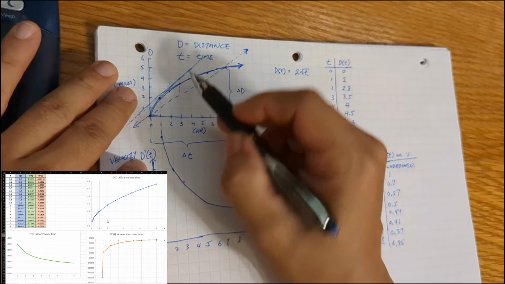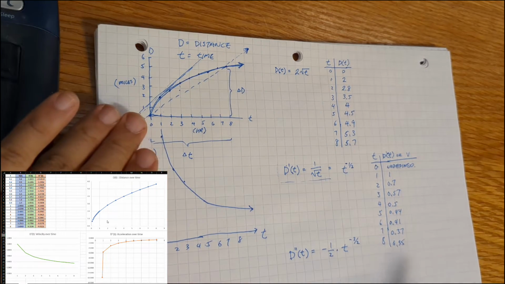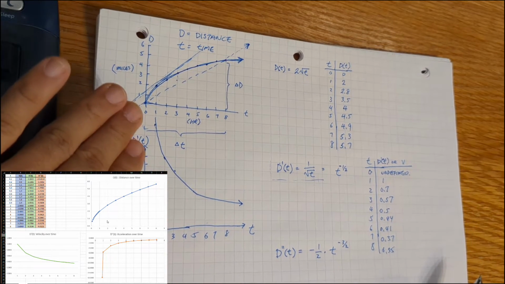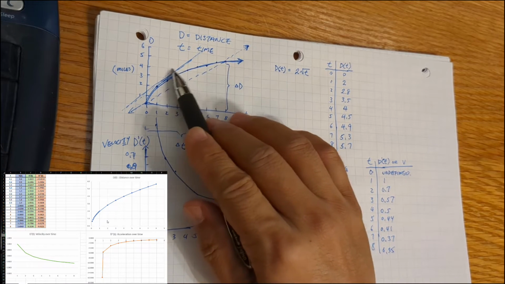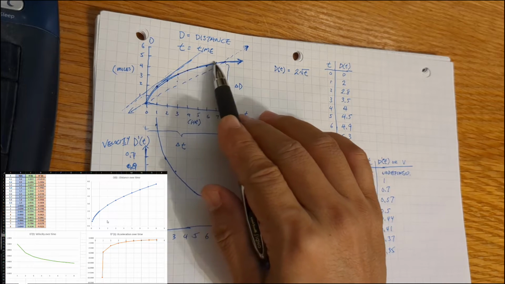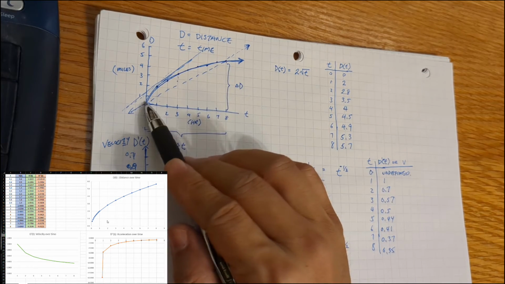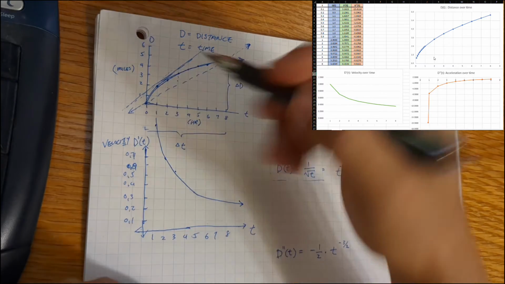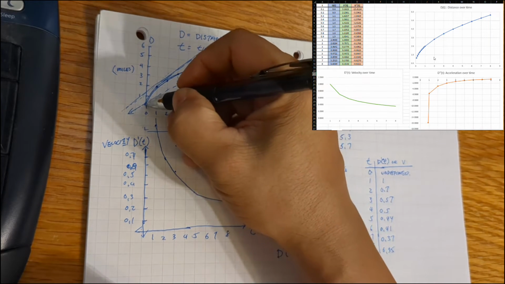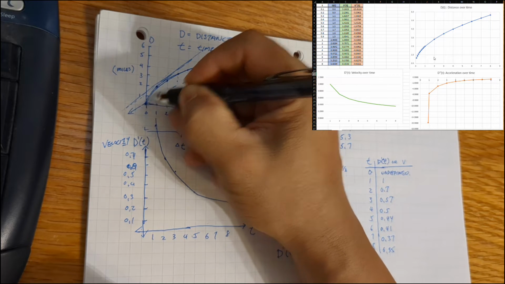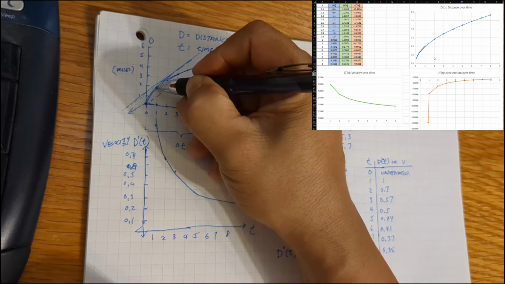Which makes sense, because you can see the travel velocity as time progresses is diminishing, getting lower and lower. But you started off really, really well. But between 0 and 1, when we went from 0 velocity to 2 miles per hour,